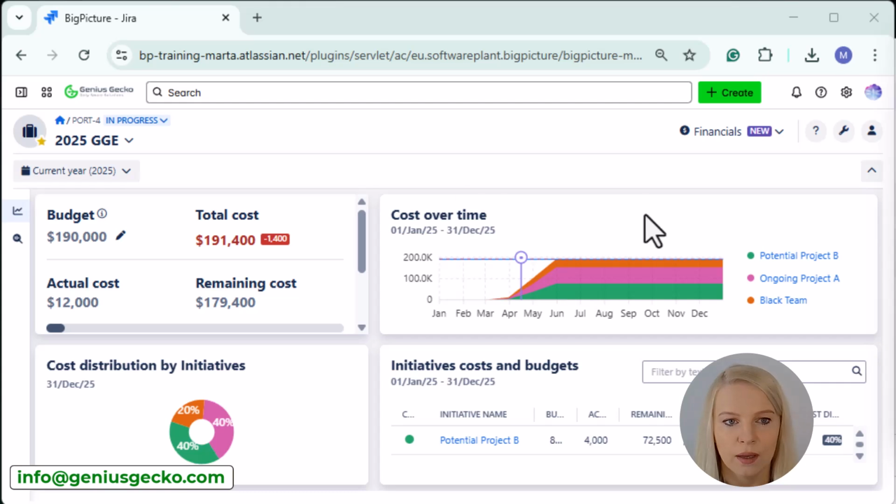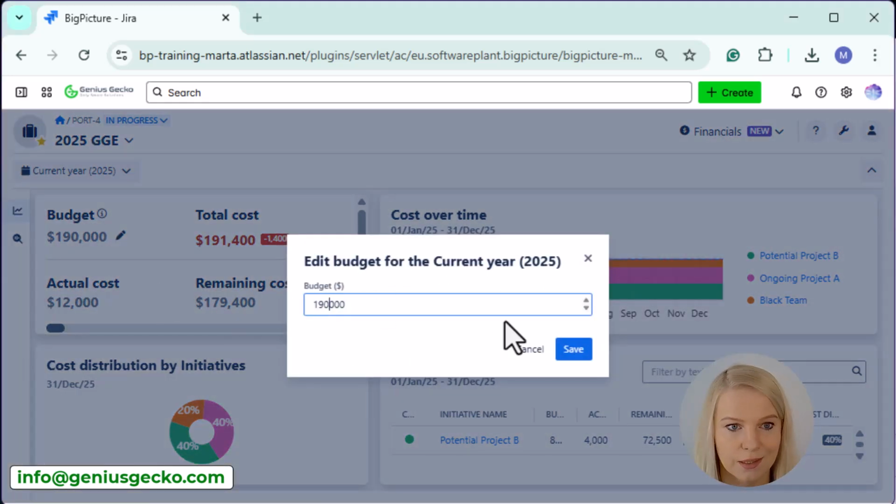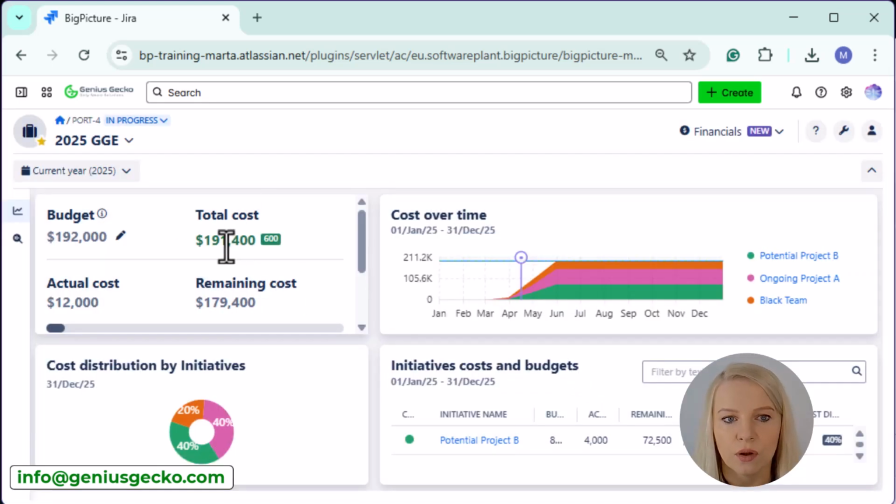Then what we have is this total cost. This one includes both completed and planned tasks. And you can see that this one is actually red in my case, meaning that I'm over budget, right? And also I get to know how much I'm exceeding the planned budget. In case my total cost would be within budget, so let's change it slightly so that we are falling within. Okay. And then you can see this total cost is green,